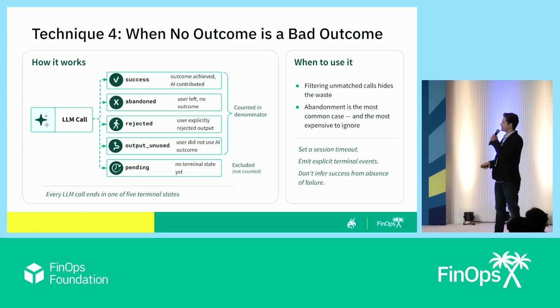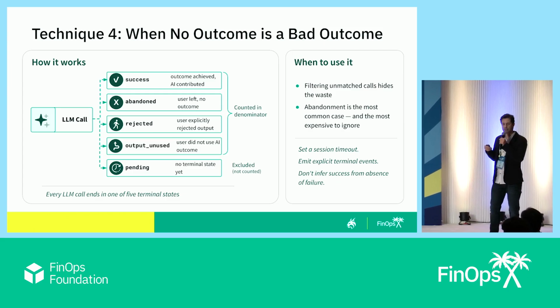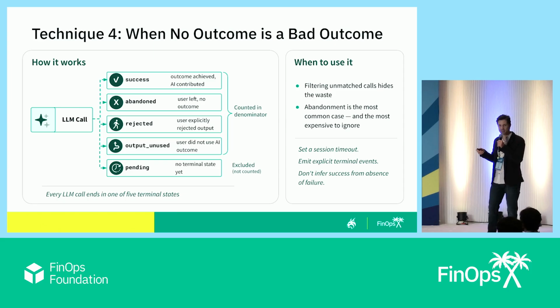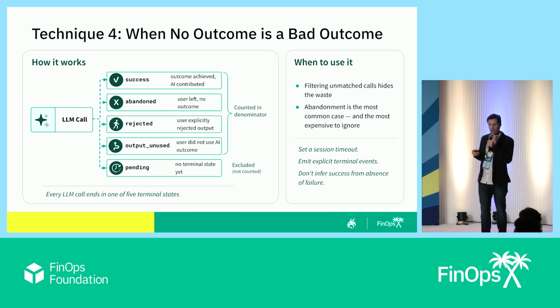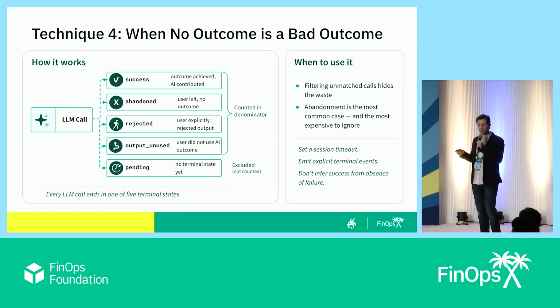It's when correlating costs, our tendency is to count the wins, just the events that led to a positive outcome. But if a user interacts with your AI and walks away without a click, that's not missing data, that's a signal. So it's really important that your systems, your LLM calls eventually reach one of the 4 terminal states here: